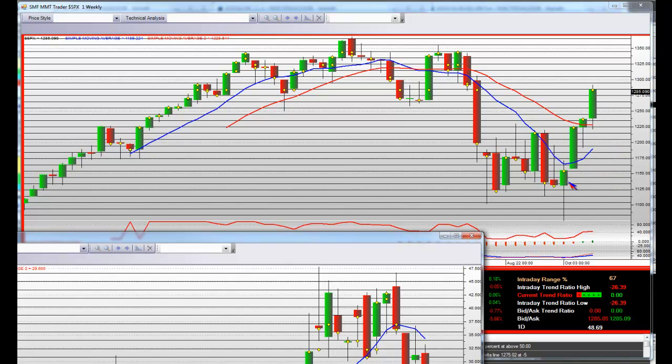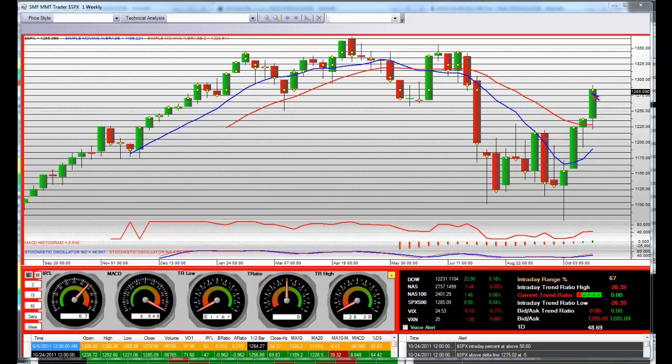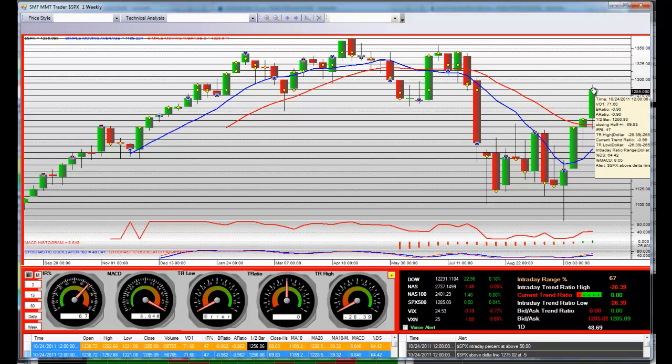Most of the bulls have sat on the sideline. Most of the bulls have not got in because they were waiting for a pullback that has not come yet. And what I am telling MMTs is that our resistance and our support areas, half of this last weekly bar right here, MMTs, is 1256.86. So if we do get resistance across here, we'll find out if the bull is going to come off the sideline, and the hedge fund managers that have lagged this move, and they know what I'm talking about.